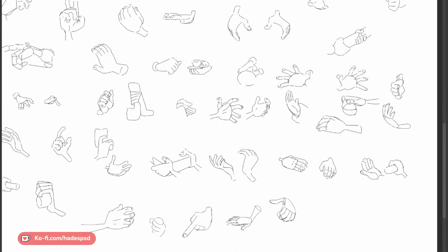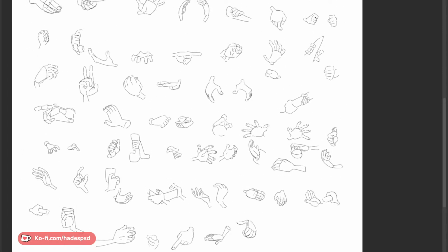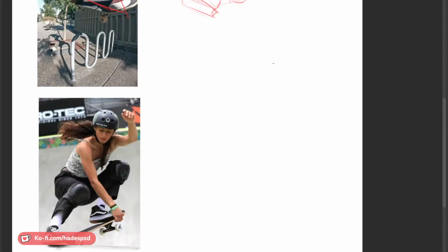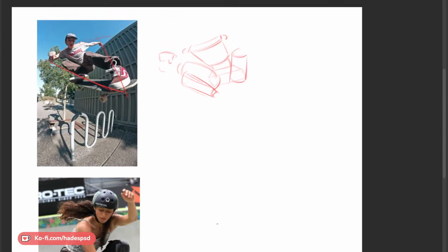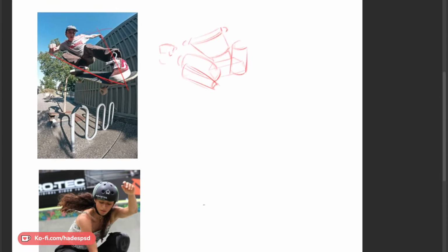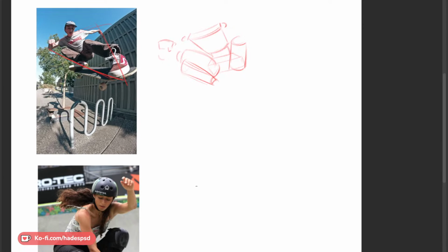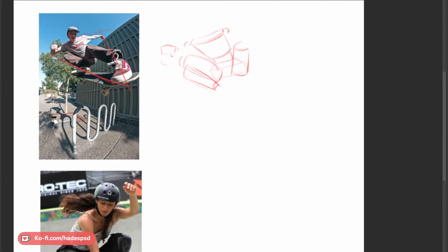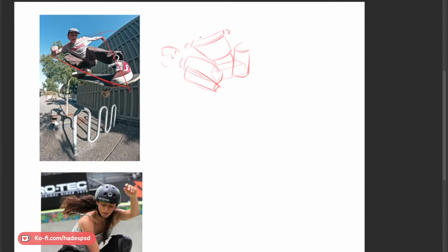So yeah, all I do is I have the screen caps of Disney movies, because Disney hands are really good, and I just copy them, and that's it. And I've started to notice where artists get their hands from, and a lot of them get them from Disney. Obviously, I know everyone is not really into the cartoony styles, but it's good to at least study once.